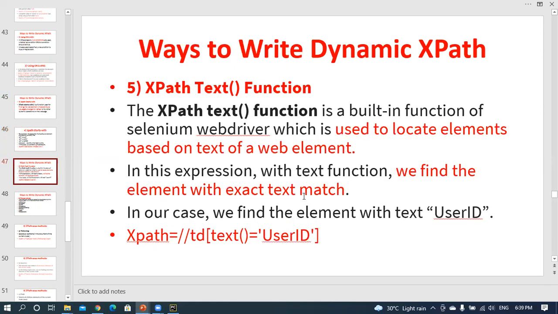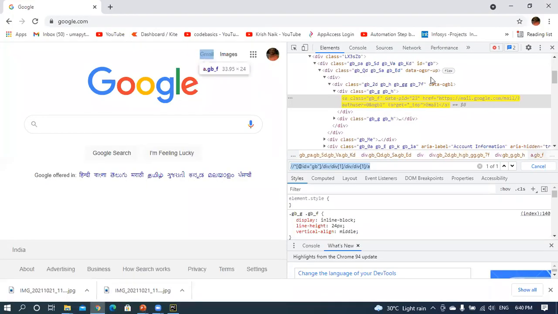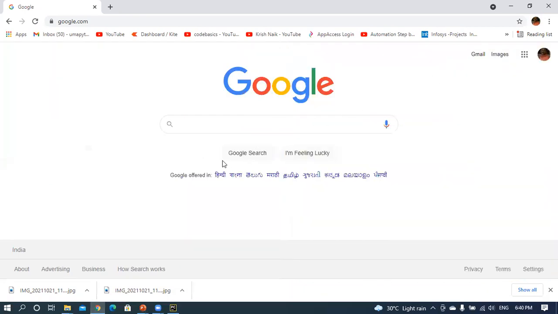There is another way also. What about the XPath text function? The XPath text function is a built-in function of Selenium WebDriver which is used to locate an element based on its text. For example, there is some text, like google.com.